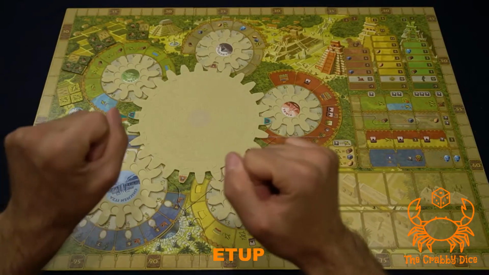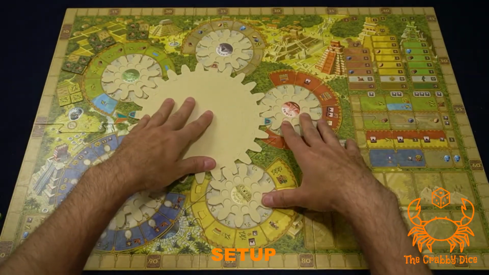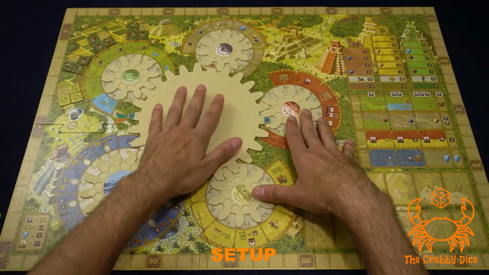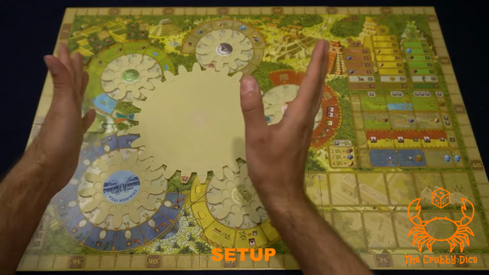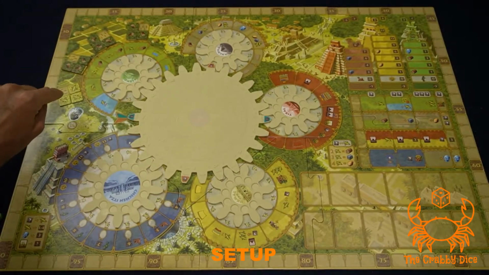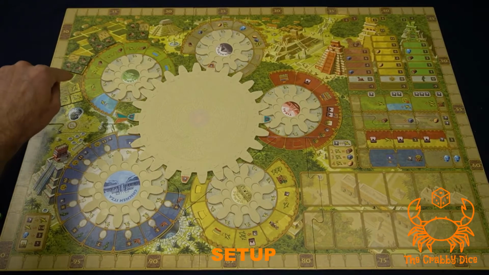Alright, for setup, you're gonna set out the game board. It's a bunch of puzzle pieces. Just slap them all together and make sure the gears turn in the middle. You can have the starting place be a blue location. Either side works. Alright, for our Palenque section up here, we need to set up according to the number of